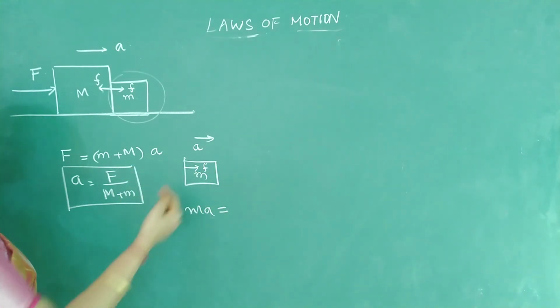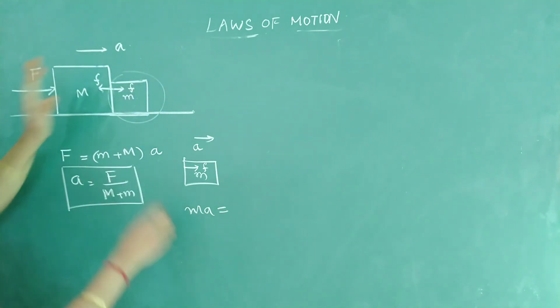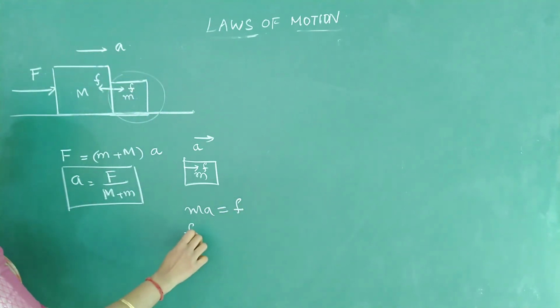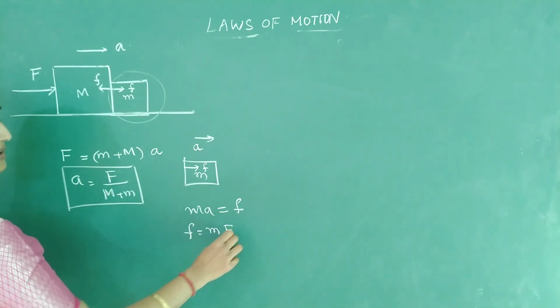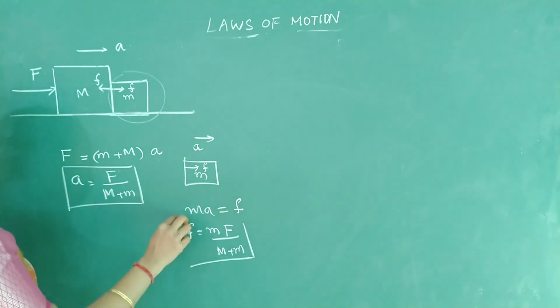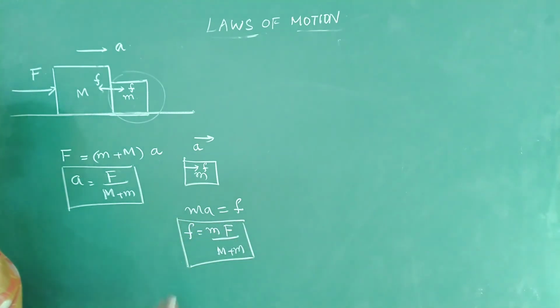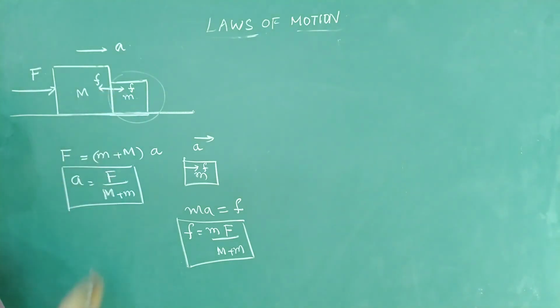Applied minus opposing. There is no opposing force for small m. Okay, if I close this, on this only one force is acting. So what is the contact force? M into acceleration. That is F by capital M plus small m. Okay, I give it as capital M and small m. If values are given, you put the values. So this is the simplest case to find out the contact force between these two.